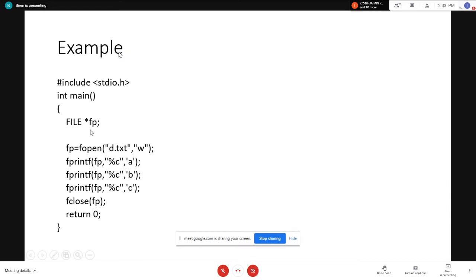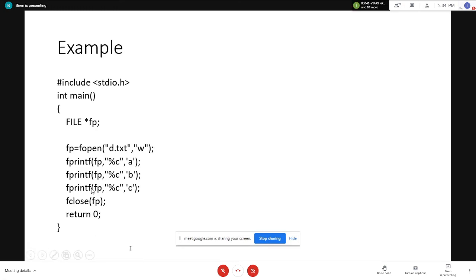Suppose I want to store a few things inside a file. If I use printf, then I can print a few things on the output screen. If I use fprintf, then I can write something inside a file.